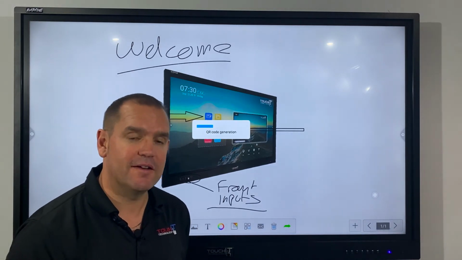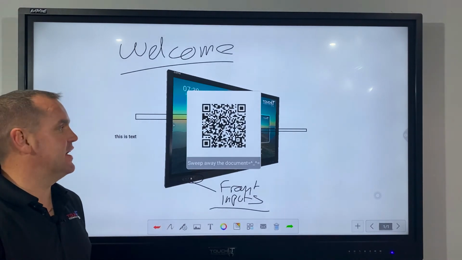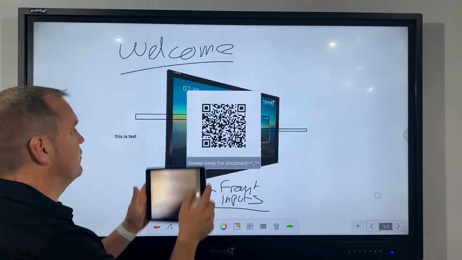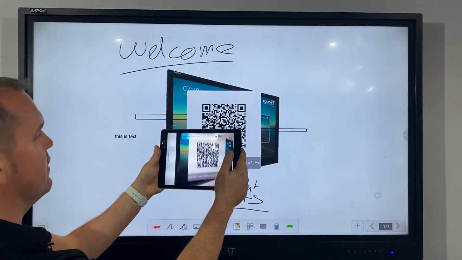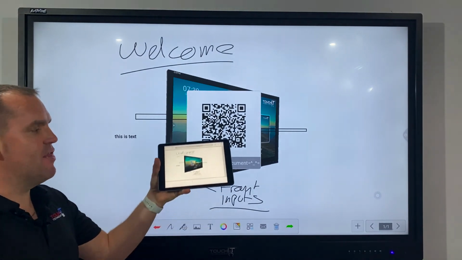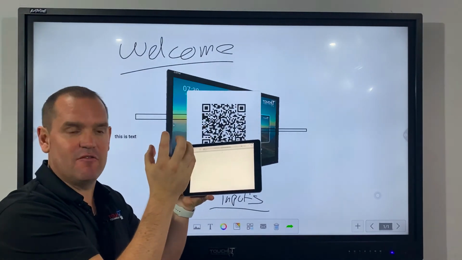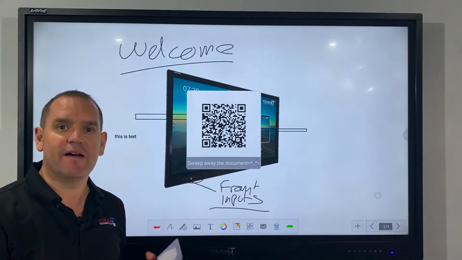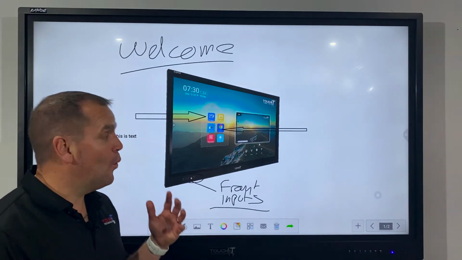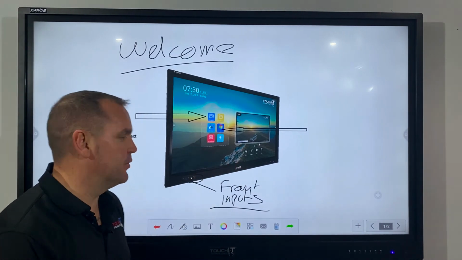Okay, so what I'm going to do now with my iPad is I'm just going to scan this QR code and see what happens. So I'm going to point my camera, I'm then going to tap on my link, and there you can see that my annotations have been sent to my iPad. How cool is that? And finally, we're able to create multiple pages in the whiteboarding app